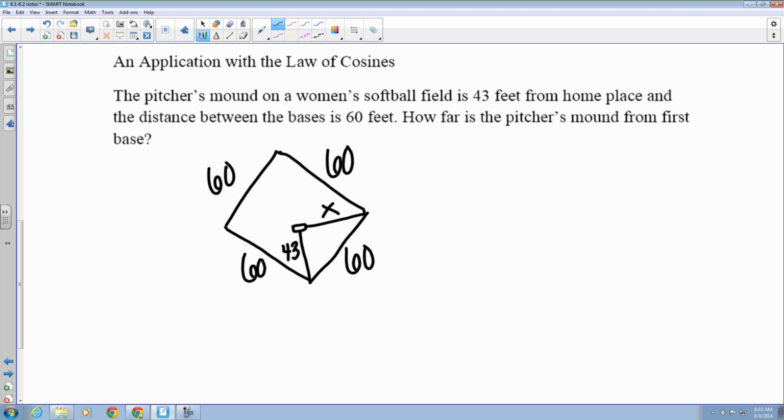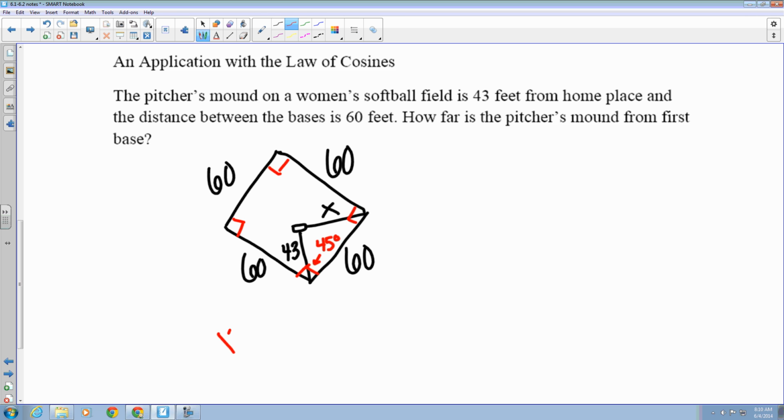Okay, so this is not a right angle because the pitcher's mound is farther inside. It kind of looks like a right angle from here, but it's definitely not. We do know another angle, however. We know that all of these are 90 degrees between the bases, which would make this angle 45 degrees. Okay, so now I have the enclosed angle on the two sides, which is exactly how we need